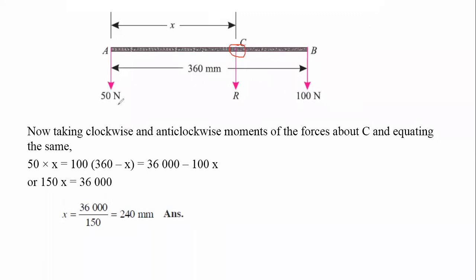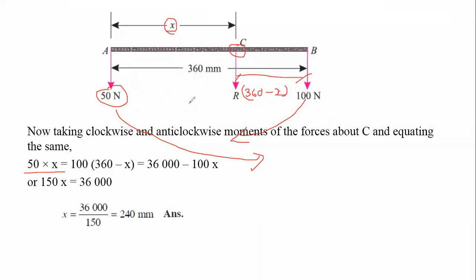Now this 50 Newton force makes an anti-clockwise moment about point C, and the perpendicular distance is x. And this 100 Newton force makes a clockwise moment about point C, and the perpendicular distance will be 360 minus x. That's why about point C, the moment is 50 into x. It makes an anti-clockwise moment, so we write it with a minus sign: minus 50 into x